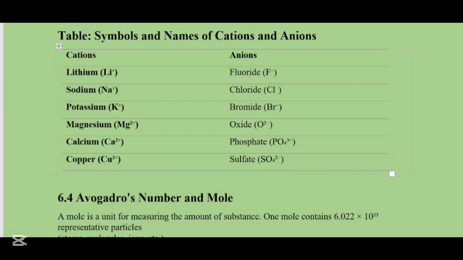Now as you can see, some anions have an -ide ending, some have an -ate ending, and that does not matter. As you can see, fluoride needs only one electron. Chloride only needs one, bromide only needs one. That's why their names end with the -ide suffix. While others need two or more than two, that's why they end with the -ate suffix.